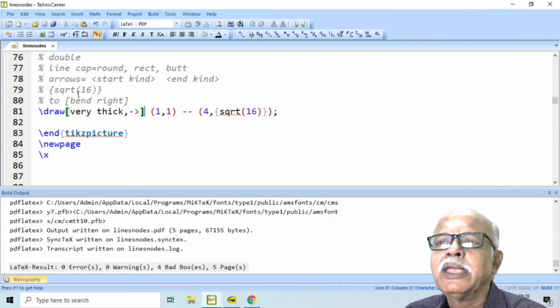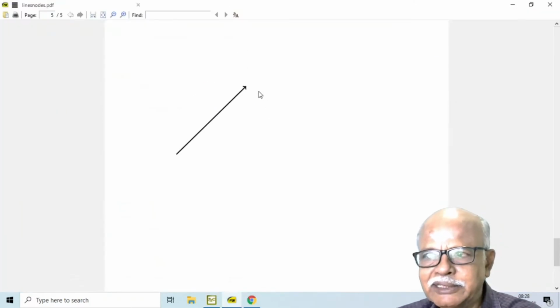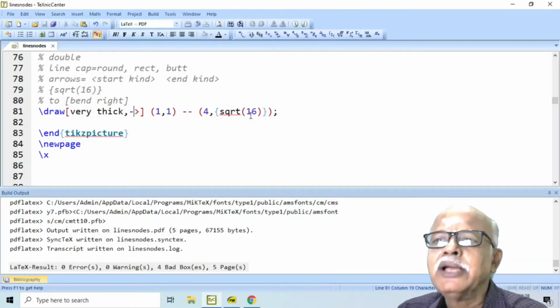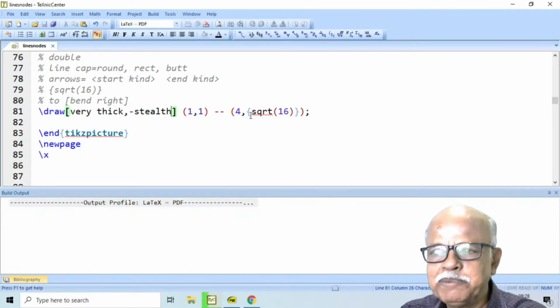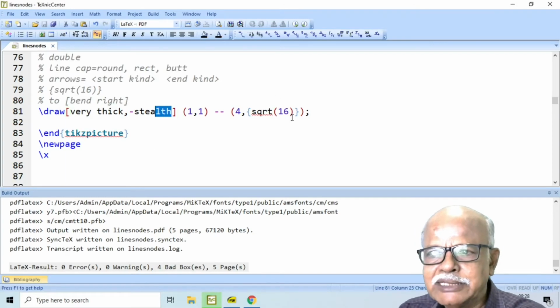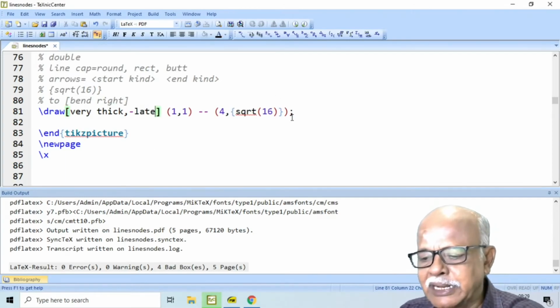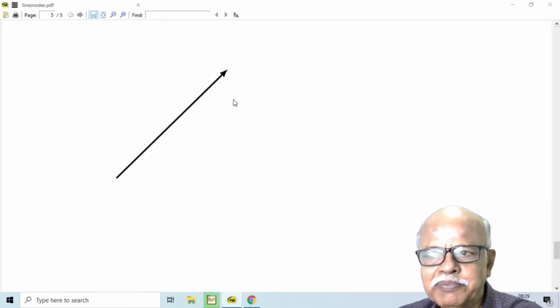Now, instead of this default line ending, this arrow, you can say stealth, and then the arrowhead will change, or you can say latex. Again, you will get a different kind of arrowhead.